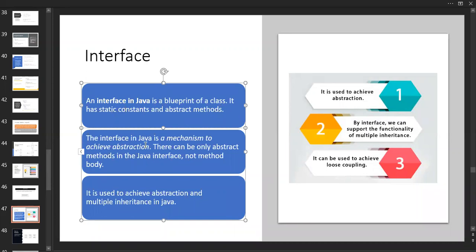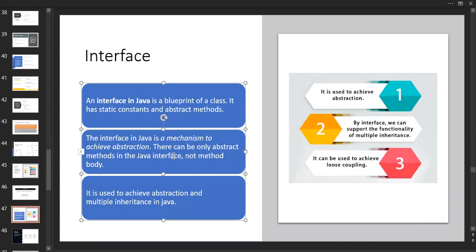We know that. So now, the interface in Java is a mechanism to achieve abstraction. Abstraction means hiding, and we are showing only the functionality. Again, I'm telling what abstraction is: we are hiding the implementation and showing only the functionality.